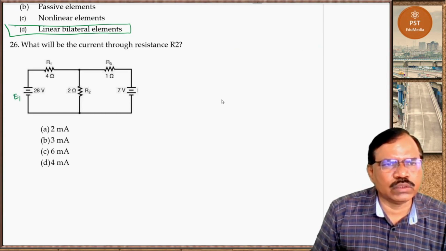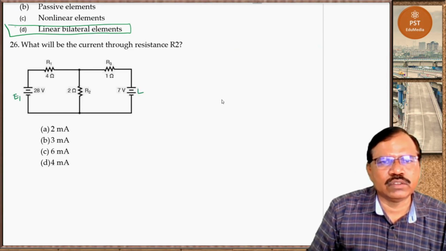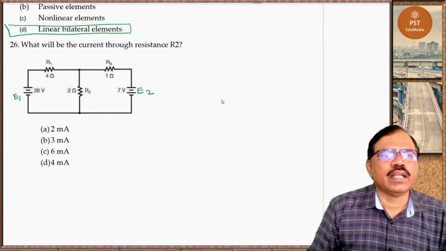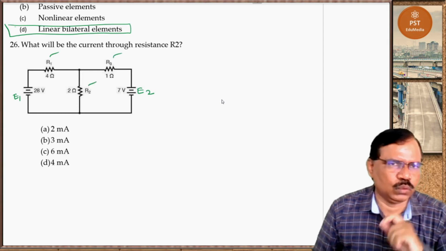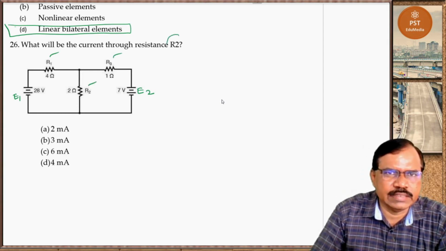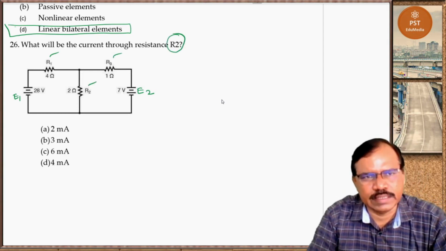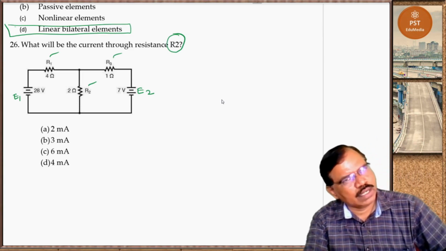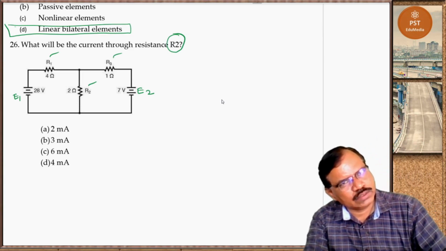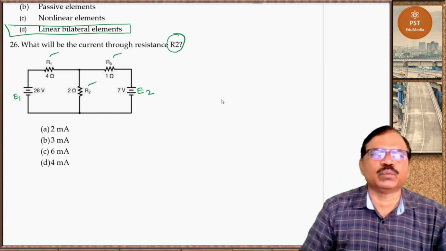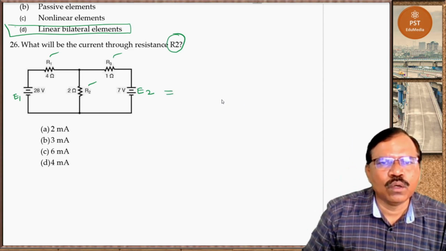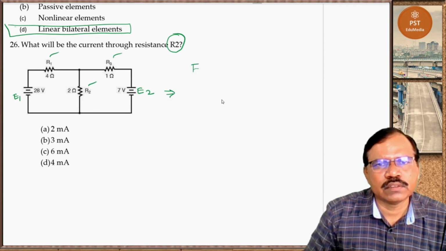We can take this source as E1, this source as E2, and we have three resistances R1, R3 and R2. We have to find the current through resistance R2. Now the current through resistance R2 is a combination of current due to E1 as well as due to E2. So first find